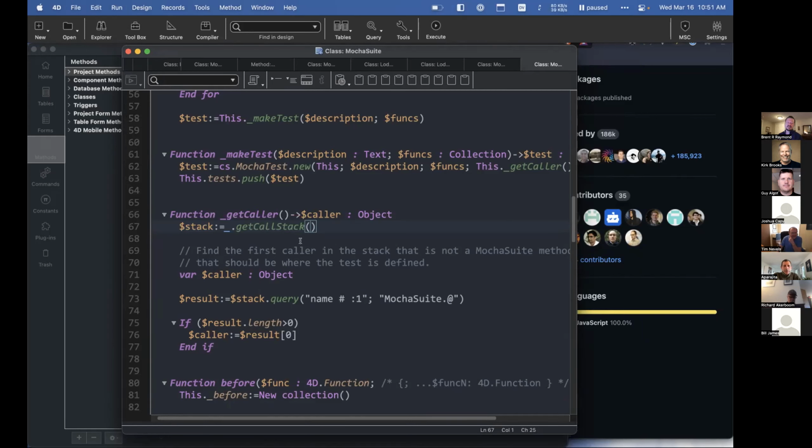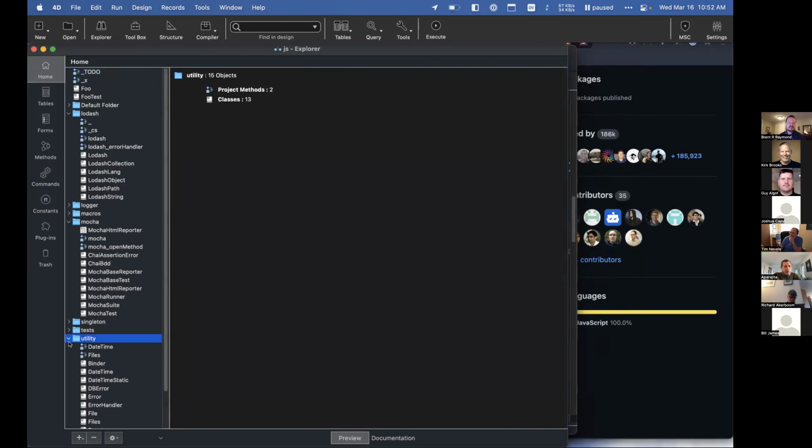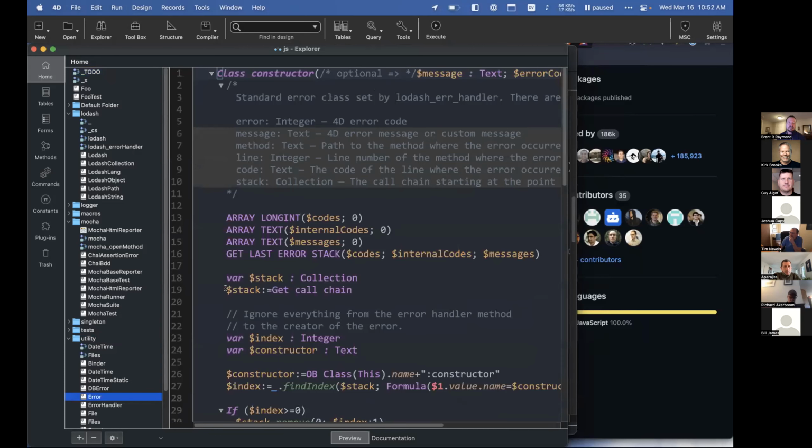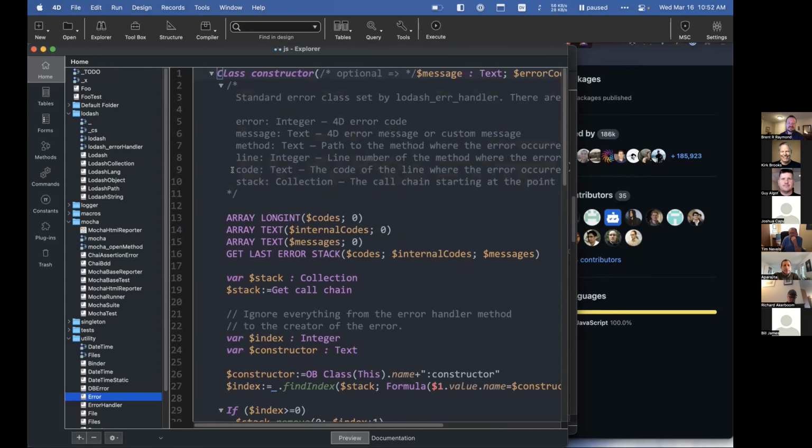That's pretty cool because I think the call chain is only available during an error. I can't remember if it's always available or only available on an error. It actually turns out it is. Turns out get call chain is always available. Oh, okay. Turns out, yeah. So anyway,